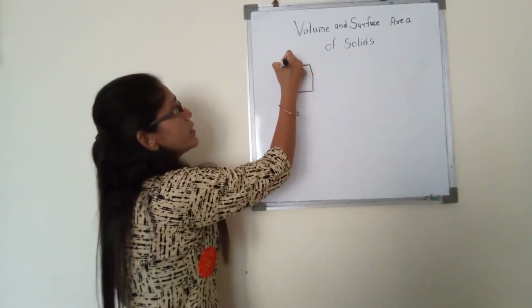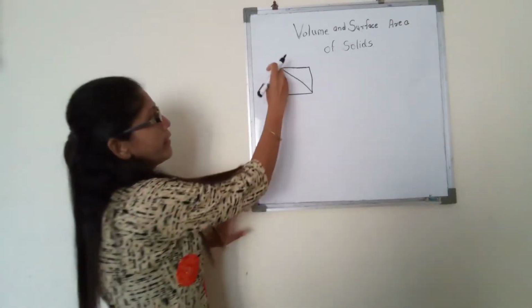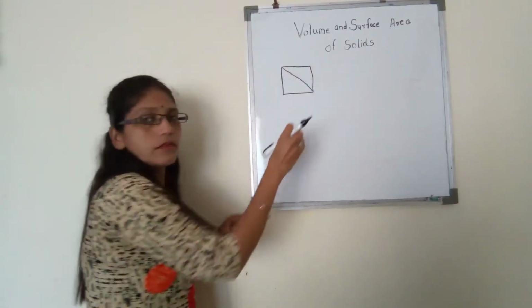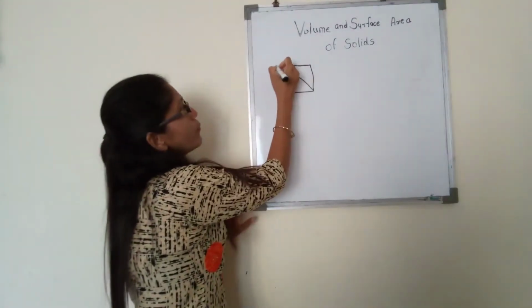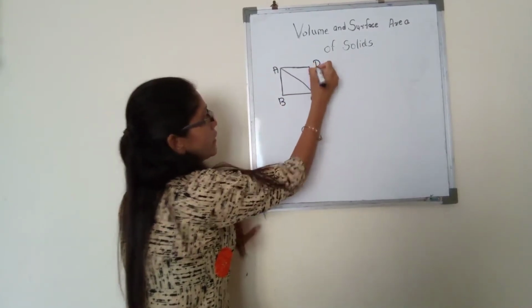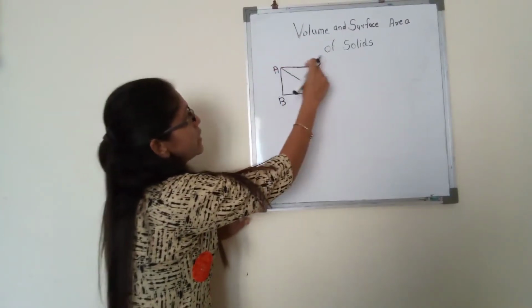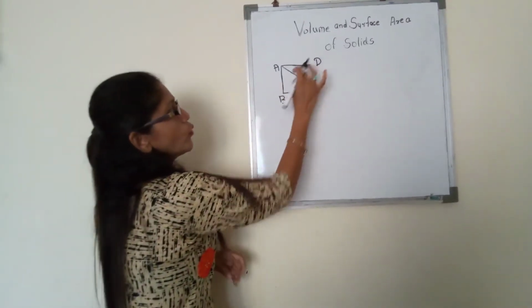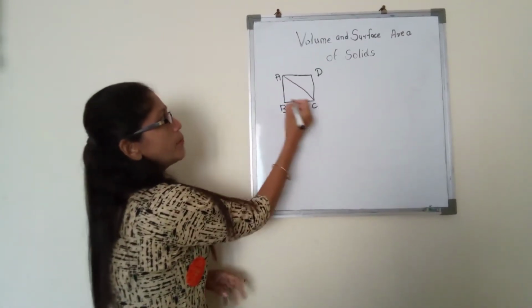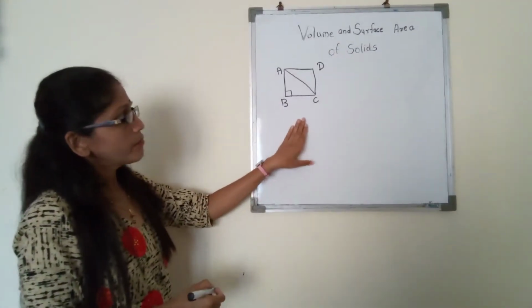Again I cut this square into two equal parts. Okay, what do I get here? The diagonal of the square. That means this side is the diagonal. I put the names here A, B, C, D. If I put the AC in this square, it becomes two equal parts and automatically ABC becomes a right angle triangle. That means 90 degrees.